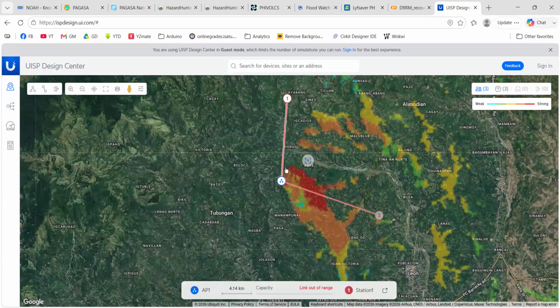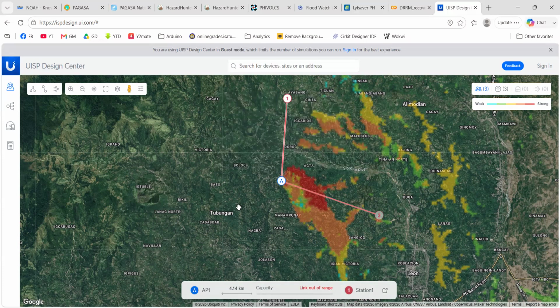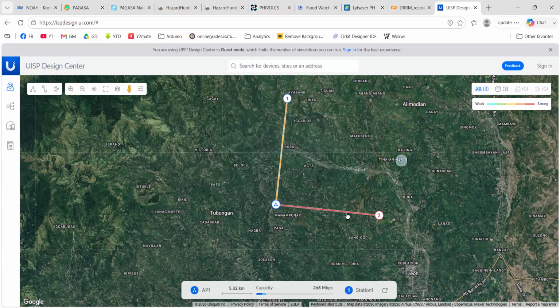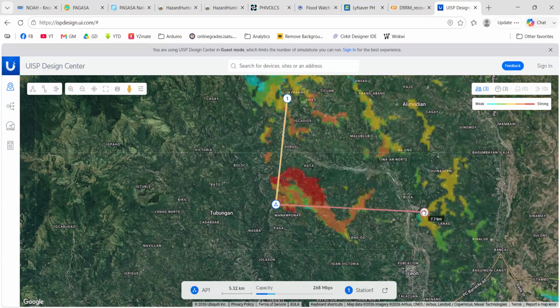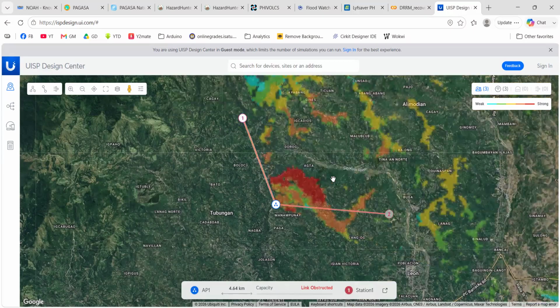If you are just new in that area and you are expected to provide an emergency response and even help in the disaster recovery in terms of telecommunications, then you can use this one to check which specific points you should place your telco towers, whether temporary or quite long-term telco towers.